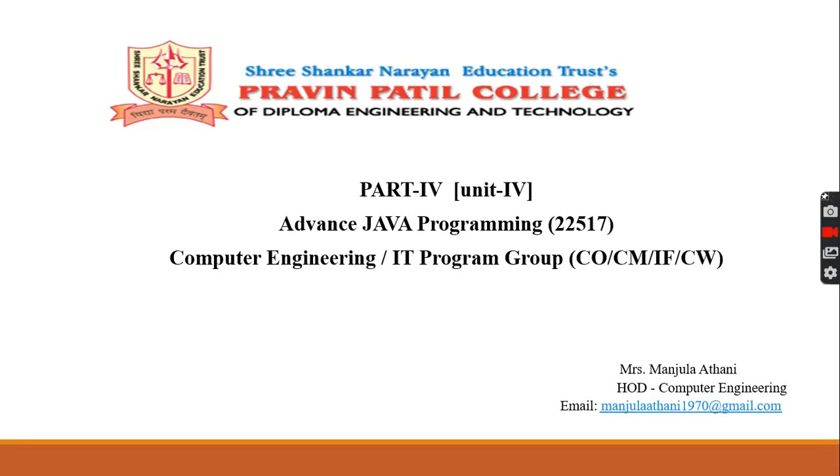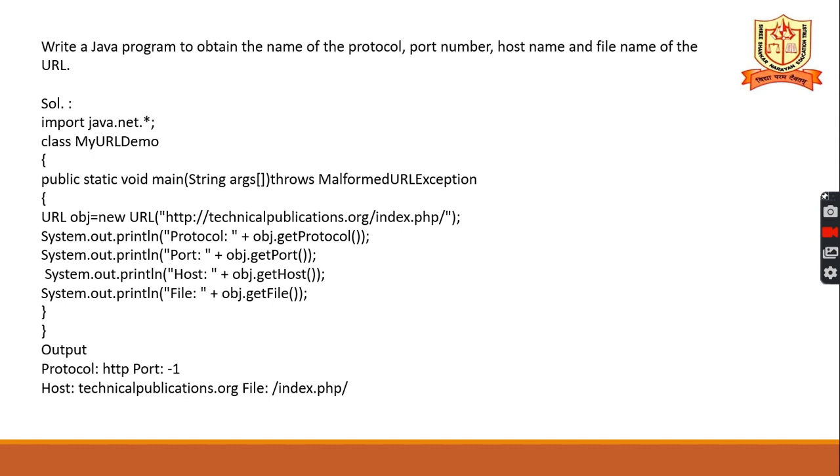Already we have started Advanced Java Programming. It is a subject of the CO and IF departments. Three units' videos are already uploaded, and this is the fourth unit, the last video of this chapter, that is networking basics. In this video, we will see